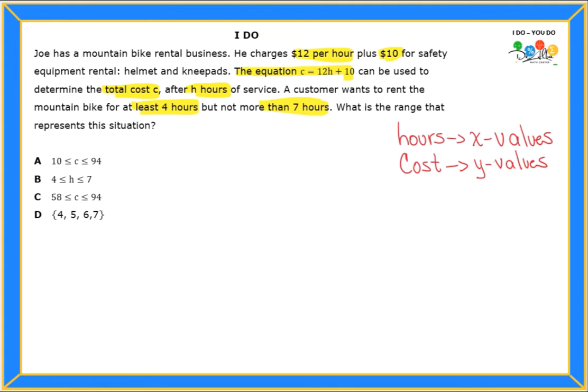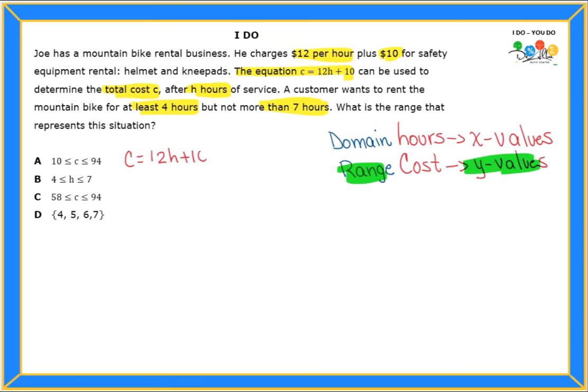And I wrote it like that because now I want you to think about X. Well, X has to do with domain. And the Y values has to do with range. So now I know that I'm looking for the range, which is the Y values. Okay, so let's go ahead and look at the function that is given to you. So we have an equation that says C equals